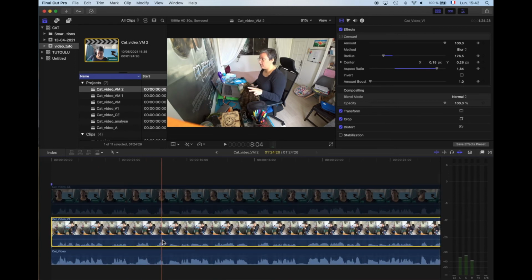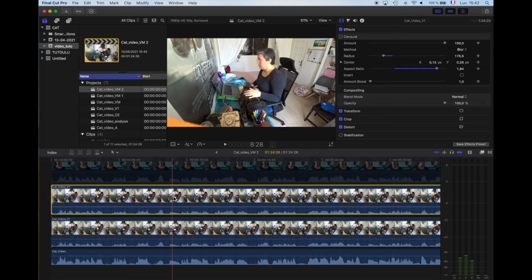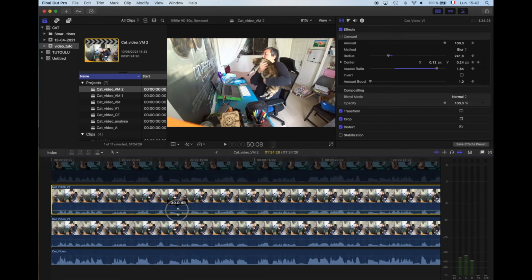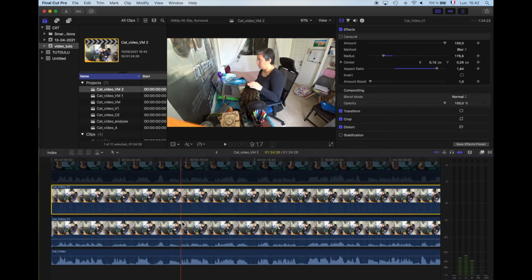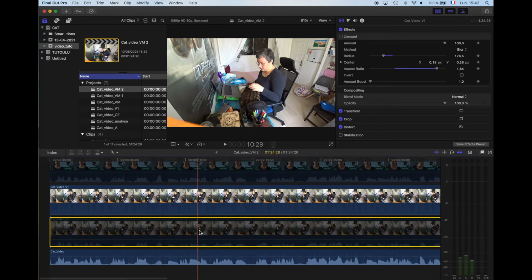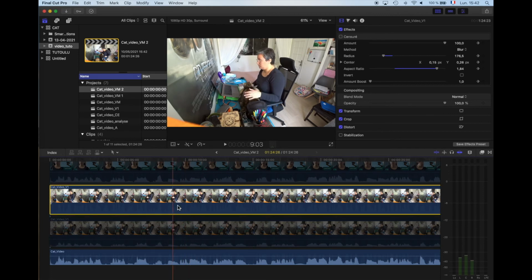I will define a zone, a blurred zone on my video. So first I will duplicate my clip, by clicking the Option key and dragging my clip on the top of my first clip. First mute this clip, lowering the line sound. So now my clip is duplicated. So I will create an area in this second clip. So I will click on the V key on the first clip to invalidate it